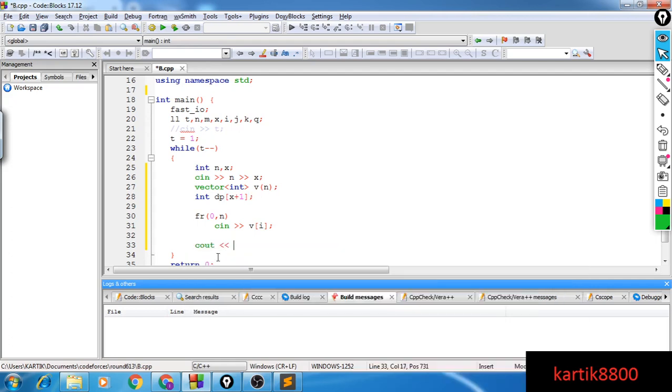Once I've filled my entire DP array, my answer will be at DP of X. That's obvious. And now I want to fill my DP array. I will be filling DP of I. I goes from 1 till X.